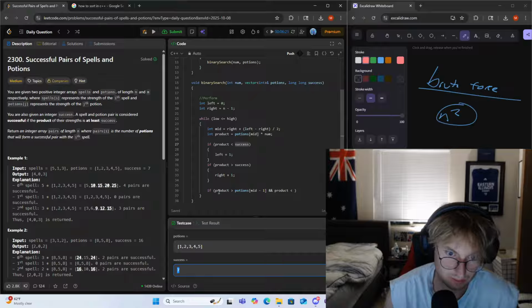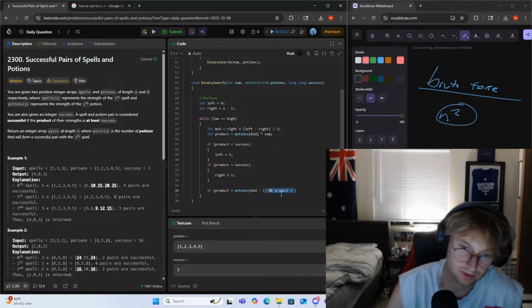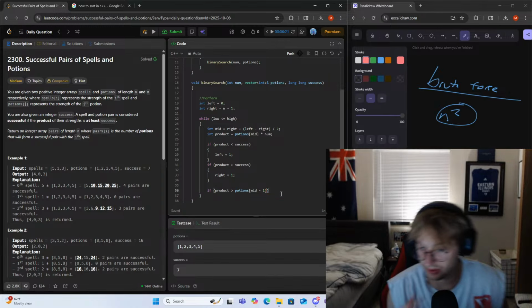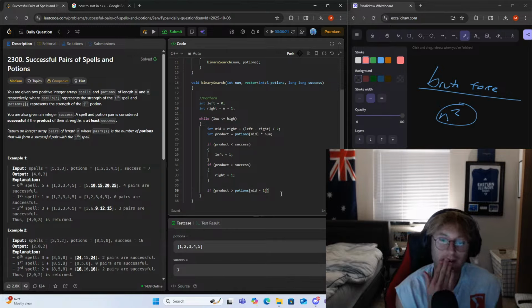So then we want to check, well, if the product is greater than mid minus 1. I guess we would only really need this, right? If our product is greater than potion's mid minus 1, then